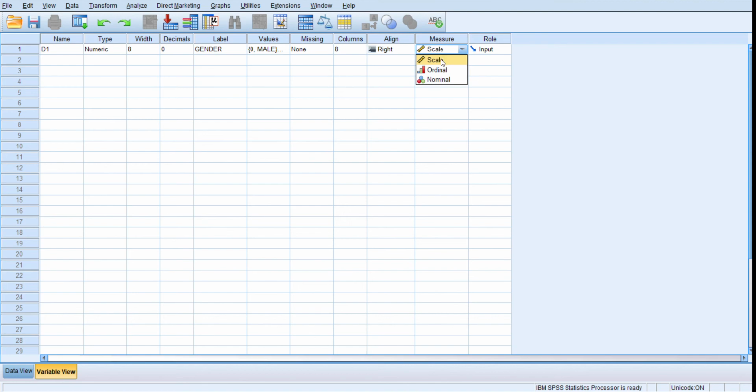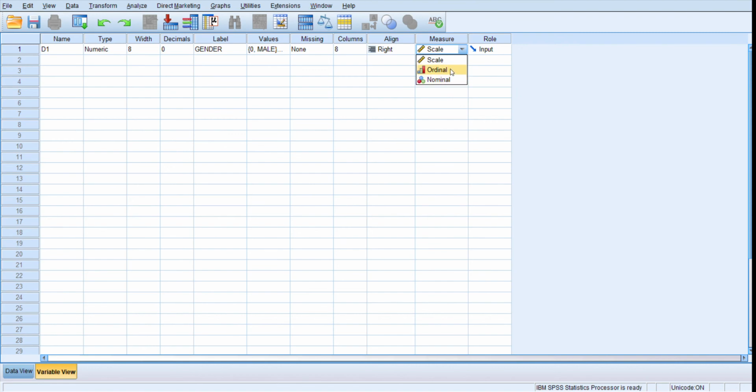Scale is generally when your options are numbers. If it is a numerical variable, you have to take this as scale. Even if it is continuous or discrete, whatever it may be, if your variable is numerical or quantitative, you have to choose scale. If your variable is categorical or qualitative, you have to choose between ordinal or nominal.